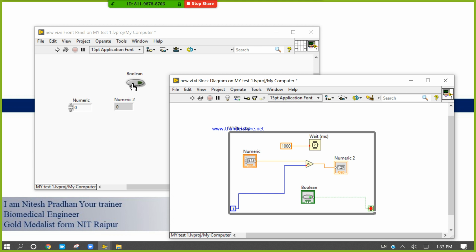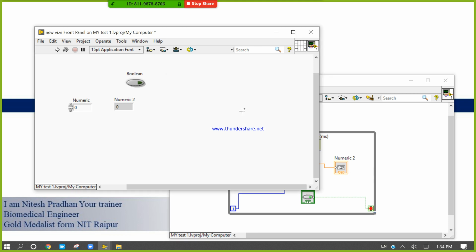To control this while loop, to control means to stop this while loop, I will click this button. To control the input and output, I will click this button. To take input and output, I can take output from there. And to control the speed of output, I am writing this one. So these are the two things.